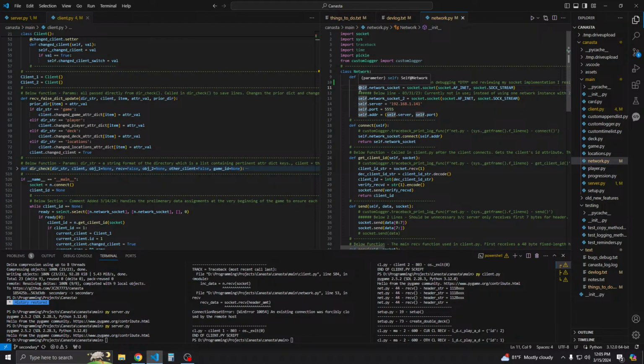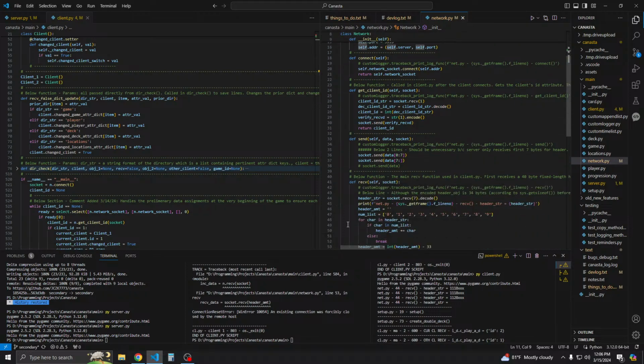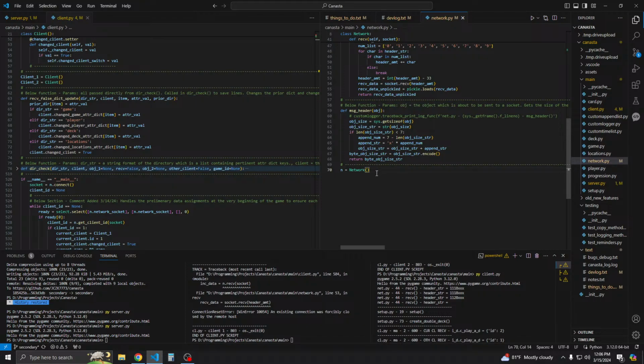Like, as long as I put, down here after network, set the timeout for the socket,